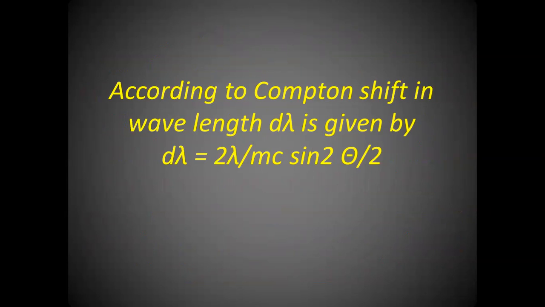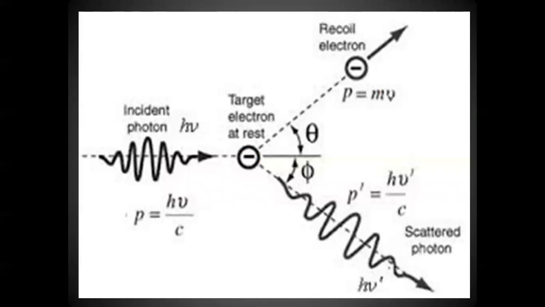2 lambda by mc sine square theta by 2. Let us see this figure. This is an electron. Maybe it is of carbon black or any material like that. And this photon, which is called the incident photon, will hit it. Therefore, it may also be called the target electron. In the beginning, this target electron is at rest,